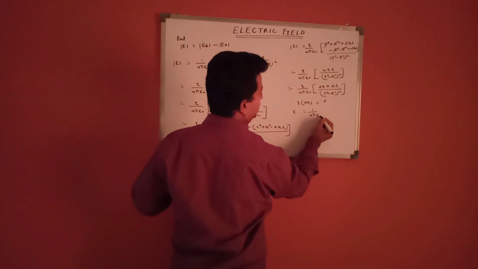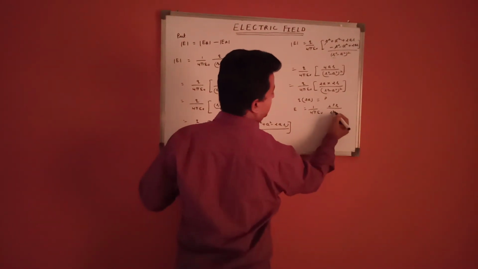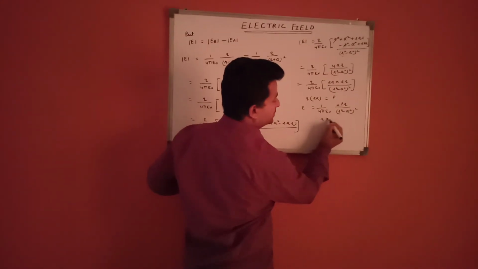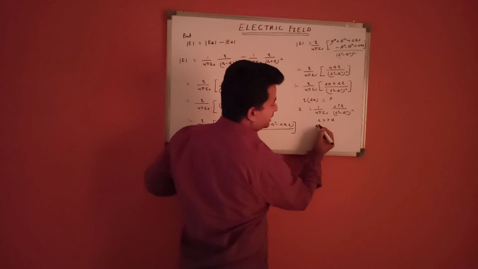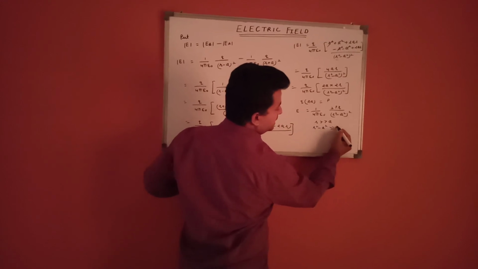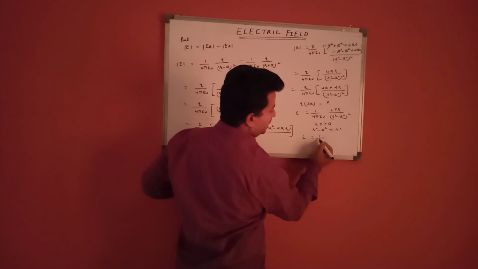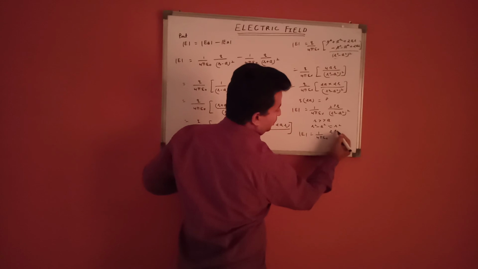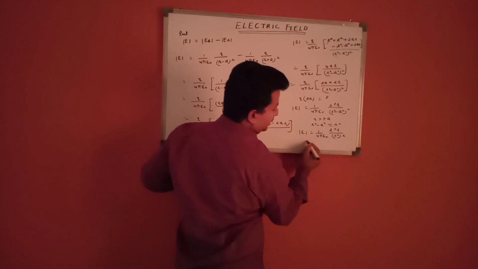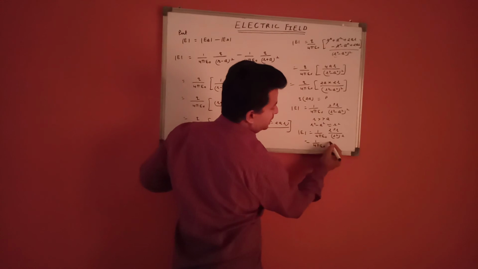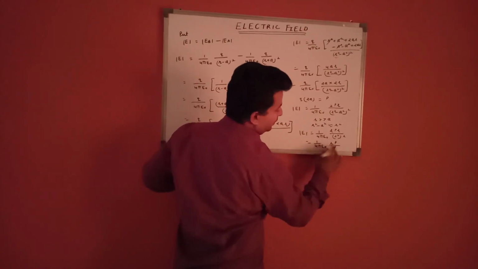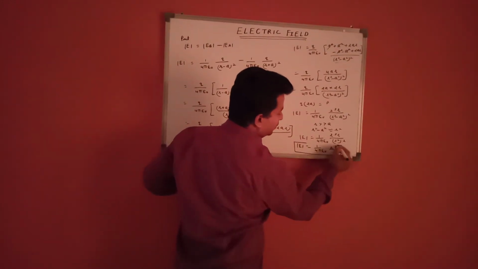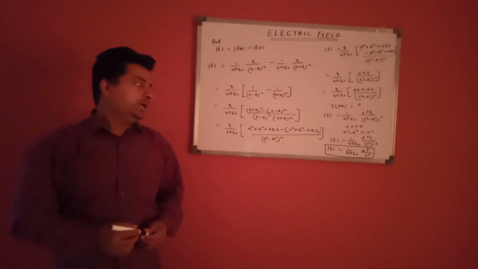Then the equation is 1 upon 4 pi epsilon naught times 2pr over (r square minus a square) whole squared. If we take the length of the dipole to be very small, that is, r is much greater than a, then r square minus a square is approximately equal to r square. Then the formula for the axial line is 2pr over (r square) whole squared, and one r is cancelled out. This is the result for the electric field on the axial line of an electric dipole. This is very important.